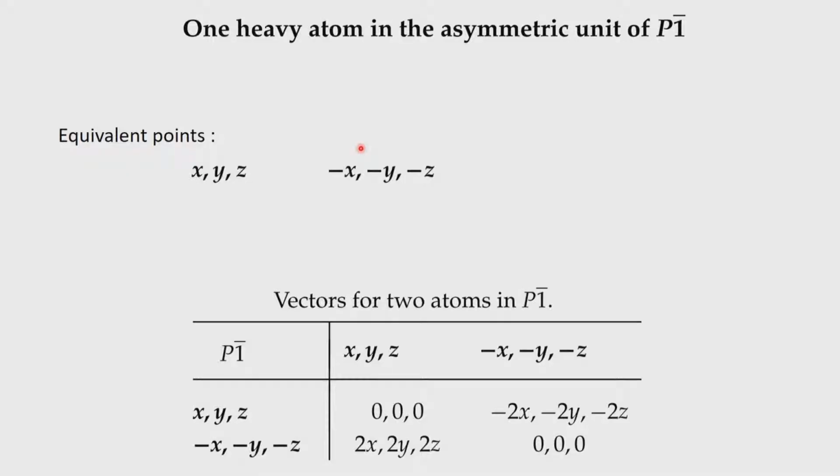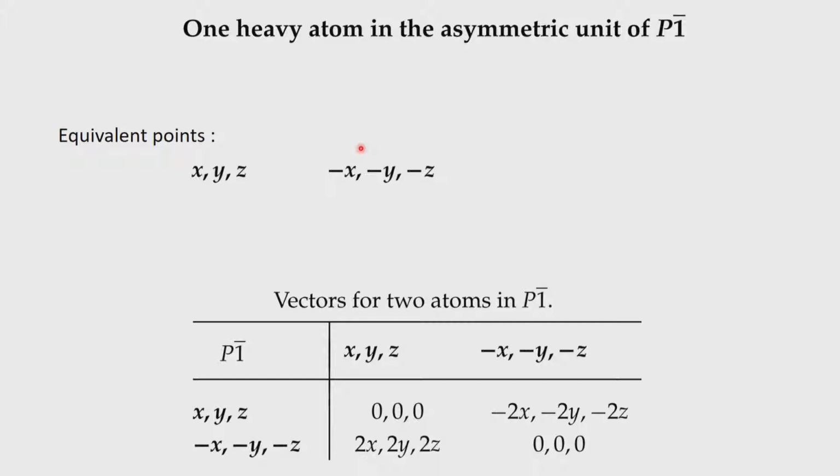So, the symmetry again, as you see, plays a major role in controlling how the Patterson vectors appear and how they get aligned in either Harker lines or Harker planes. With respect to heavy atom position determination, these now serve as guidelines to solve the crystal structure, to get the heavy atom, and then once we have the heavy atom, difference Fourier techniques will allow us to solve the structure. Right. So, we will take some examples.